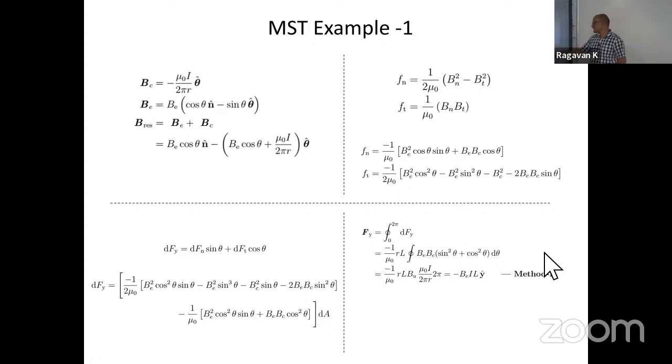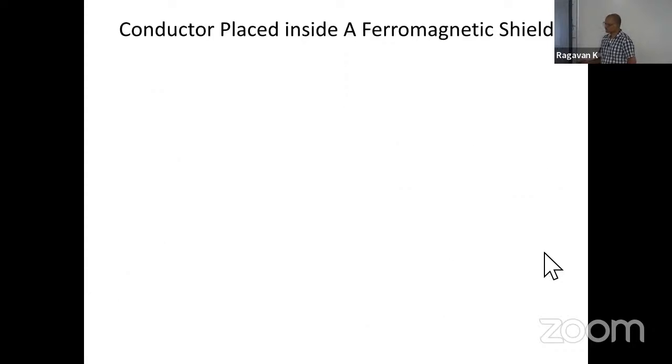You do all this, you'll get the force is BIL. You already know this, that you can also use the magnetic charge method, but we have taken a lengthier path. Let's see what is the use of it. And as I just said, you can also apply method 2. You do method 3 also, you'll get the same answer, provided you have analytical expressions for this example. So we'll go to the example where we see the use of understanding additional methods.